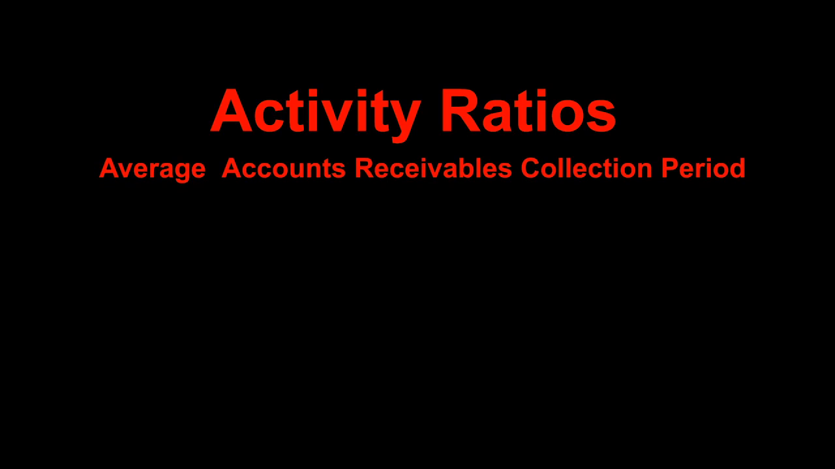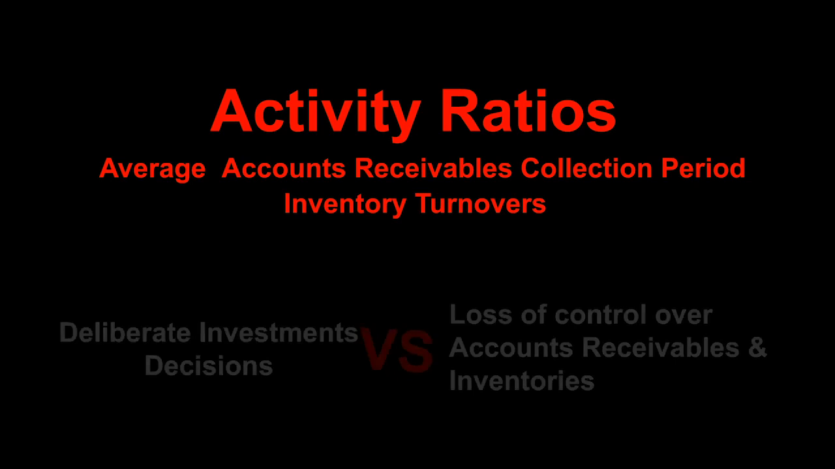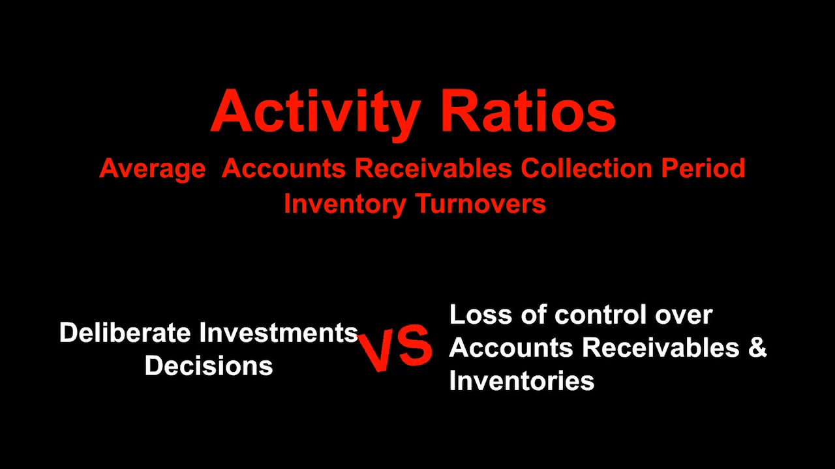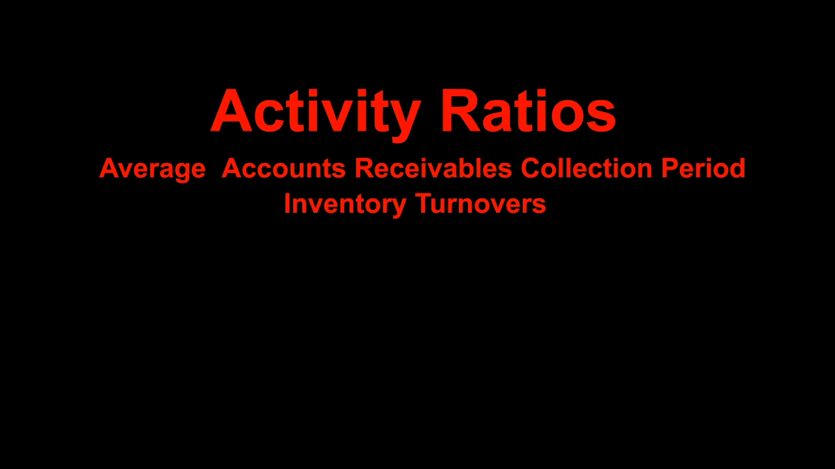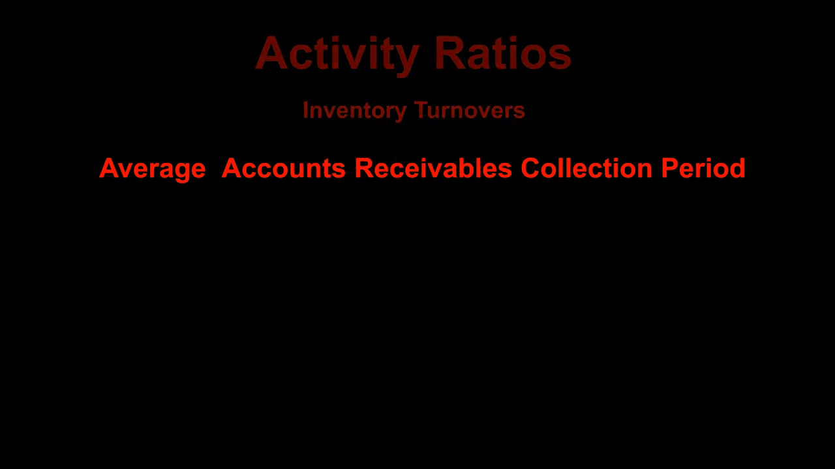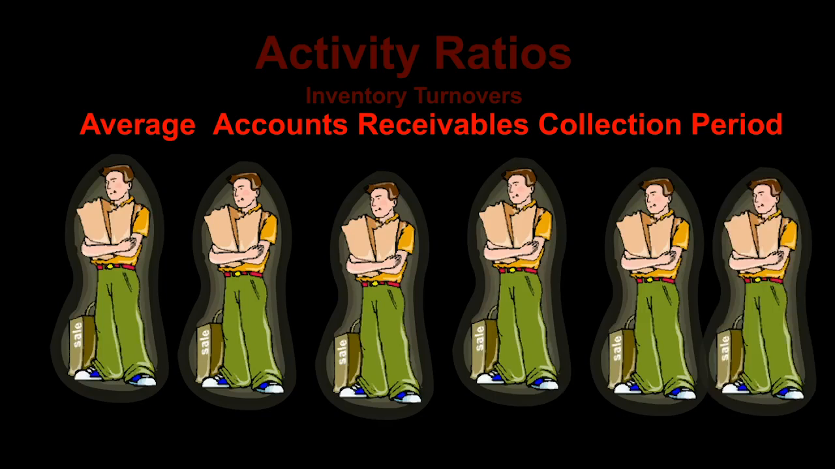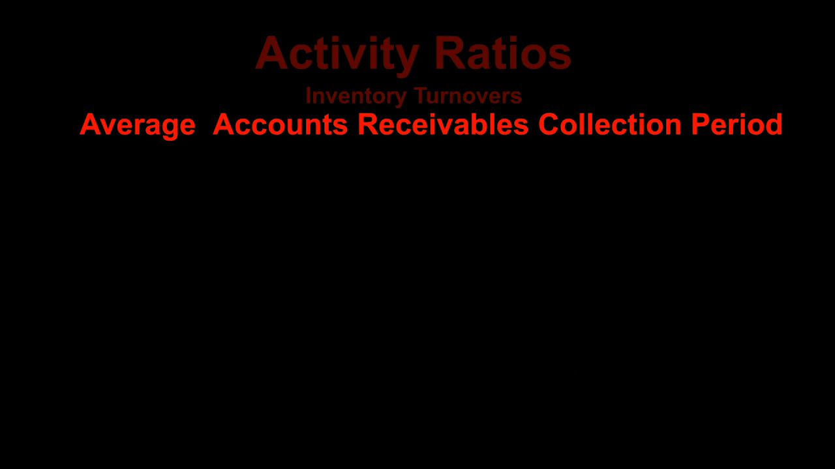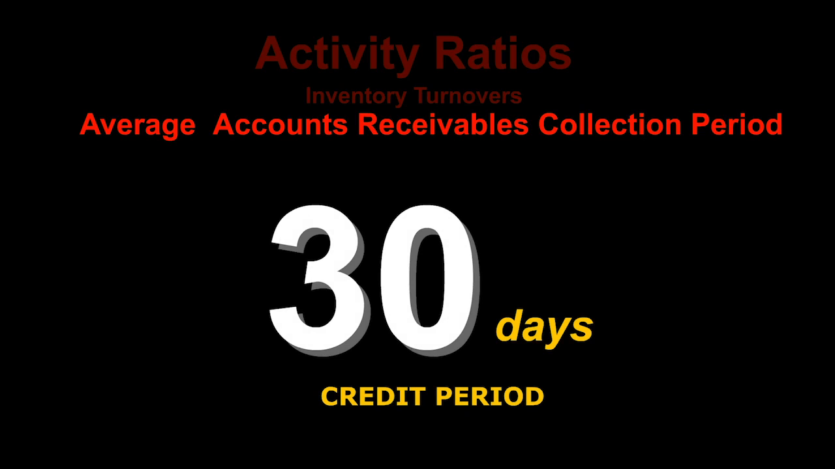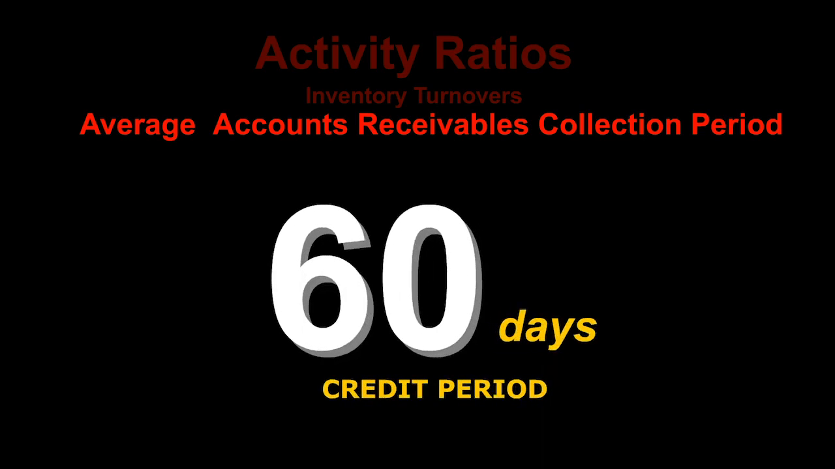Analyzing activity ratios. Focusing now on two important activity ratios, the average accounts receivables collection period and inventory turnovers, the analyst should be careful to distinguish between deliberate investment decisions of fund managers and loss of control over accounts receivables and inventories. Some fund managers may actually want to prolong the accounts receivables collection period as a marketing ploy to get more customers. For example, instead of providing credit for only 30 days to customers, the fund manager may extend this to 60 days in the hope of